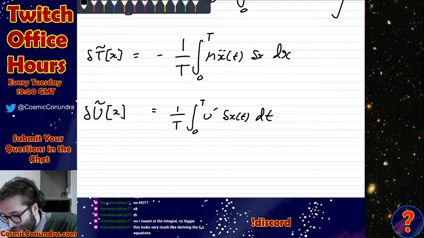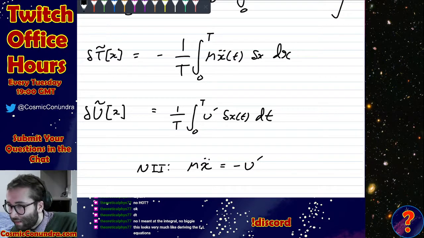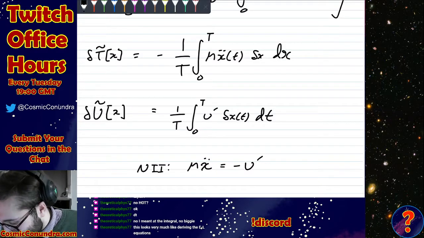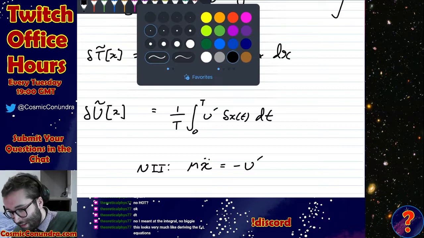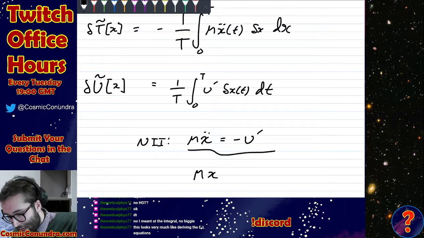So remember, Newton's second law, I'm just going to call Newton 2, was mx double dot is equal to minus v prime, where v prime is the x derivative of the potential. Okay. So you'll notice that